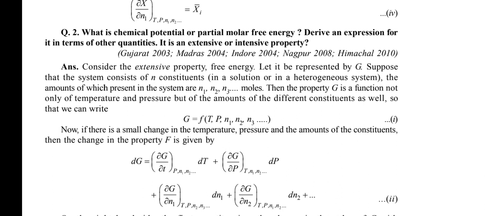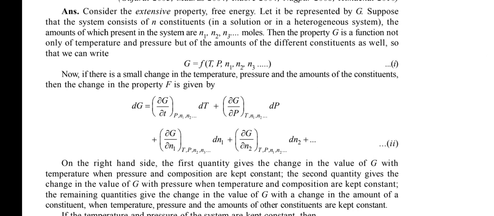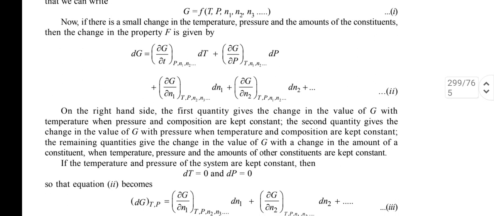Now, if there is a small change in temperature, pressure and the amount of constituents, then the change in property G is given by dG equal to (dG by dT) at constant pressure, n1, n2 into dT plus (dG by dP) at constant temperature, n1, n2 into dP plus (dG by dn1) at constant temperature, pressure, n2, n3 into dn1 plus (dG by dn2) at constant temperature, pressure, n1, n3 into dn2. On the right hand side, the first quantity gives the change in the value of G with temperature